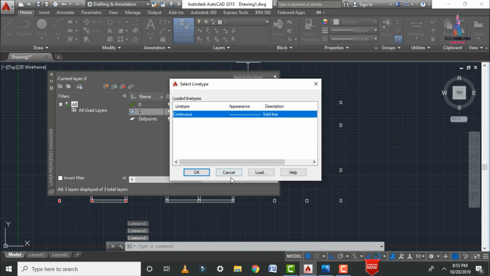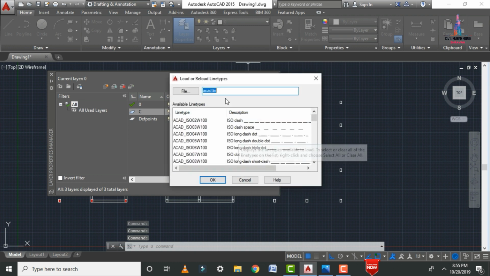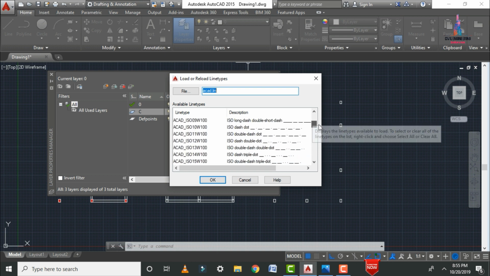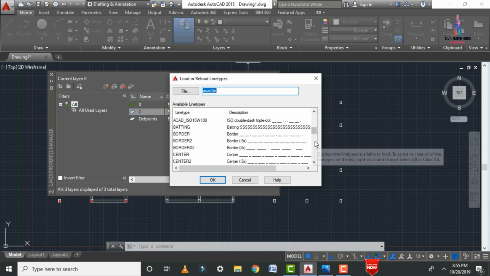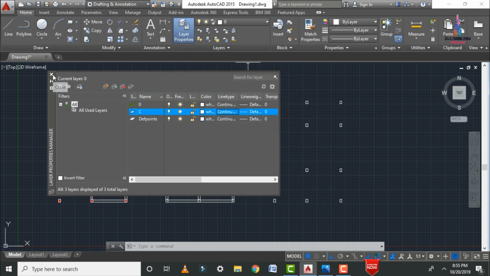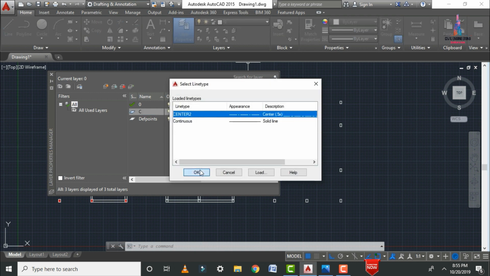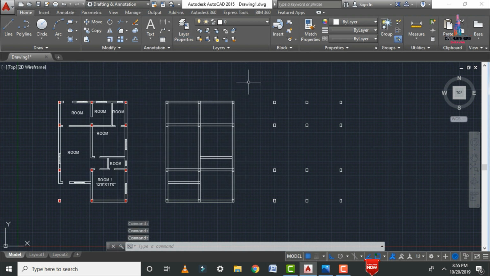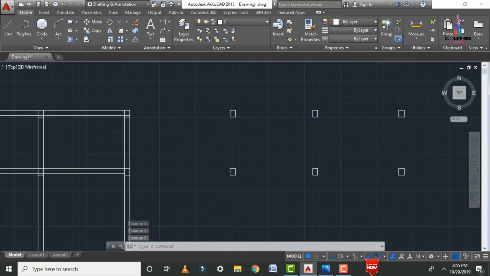We need to select here as per the load considerations, and we will select as per the center line only. So I am considering it as center section 2, which is of 0.5. Click on OK. Again we have to click on the OK option. Click on this respective selection option of continuous, again we will change it to center 2, click on OK. So click on this respective point.